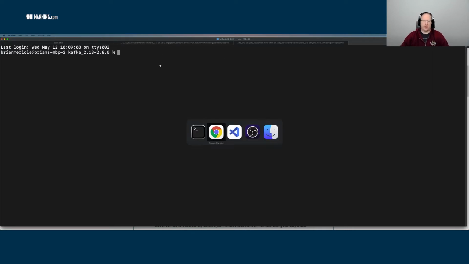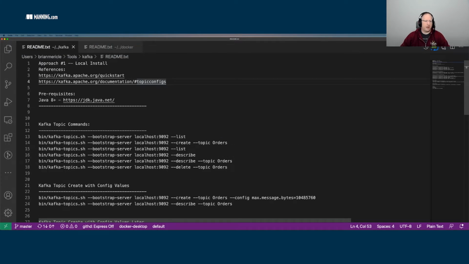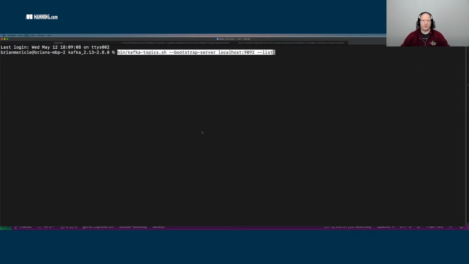So let me go ahead and look at my little cheat sheet here. So I have some good things here I want to showcase. So the one thing I wanted to show is, nothing up my sleeve. We just created this from scratch. What I want to do is list the topics that currently exist. And to do this, we'll use another command that's available inside the bin directory called kafka-topics to interact with the topics